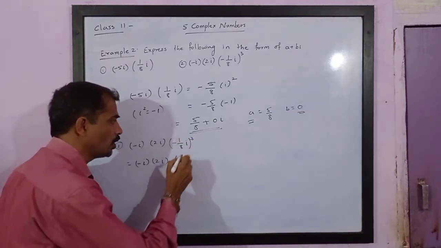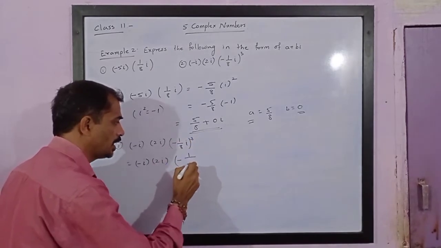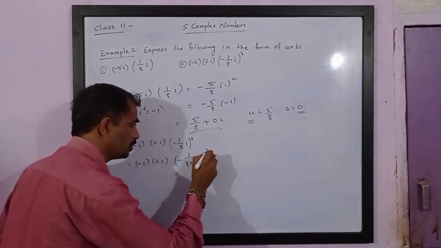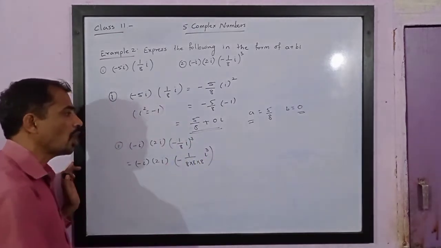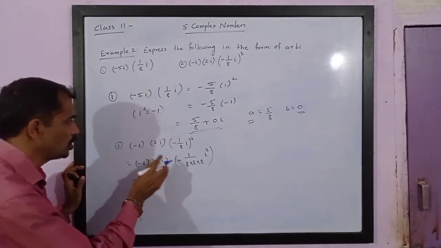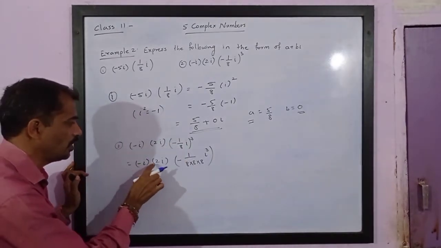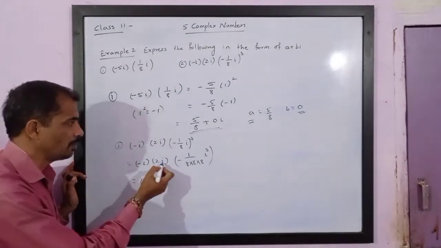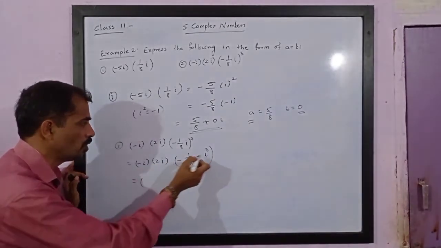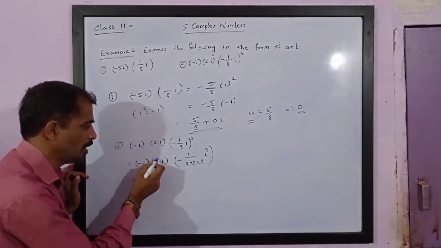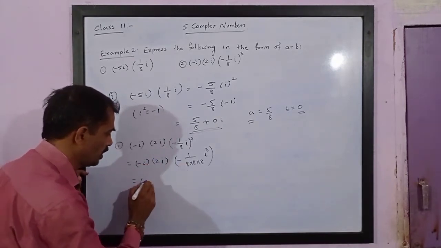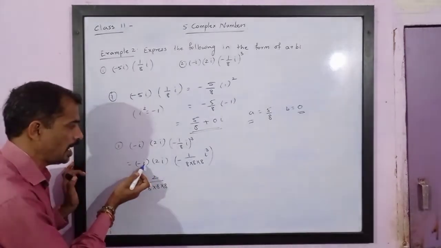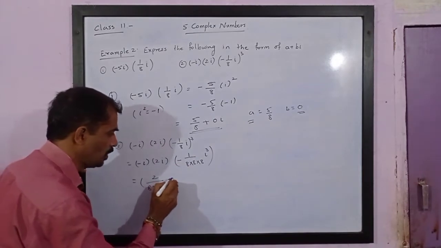1 cube is 1 and 8 cube will be 8 into 8 into 8 and i cube. Now if you solve further, please note we have to multiply signs first, so negative into negative is positive, no need to write positive. This is i multiplied by i into i cube, so the power will go on increasing. First we will multiply the numbers, so you will get 2 upon 8 into 8 into 8. Now i multiplied by i cube is i raised to 5.